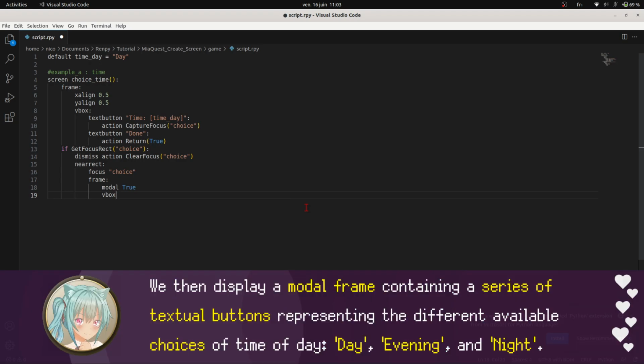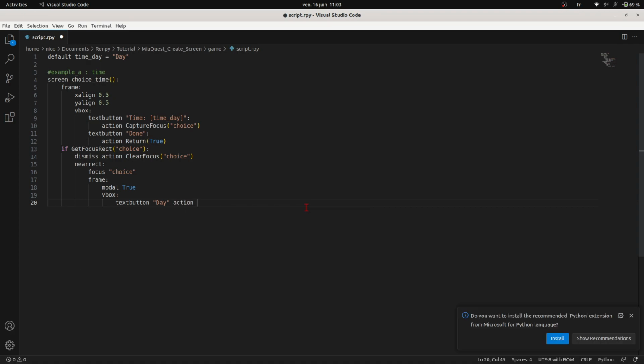We then display a model frame containing a series of textual buttons representing the different available choices of time of day, evening, and night.